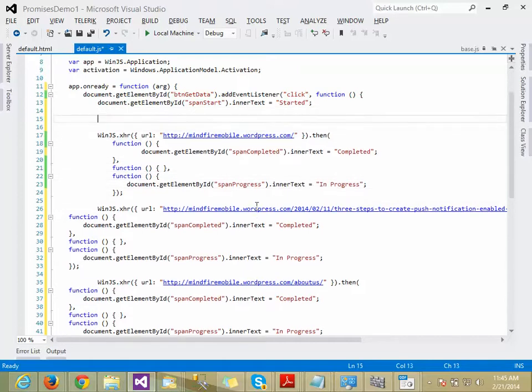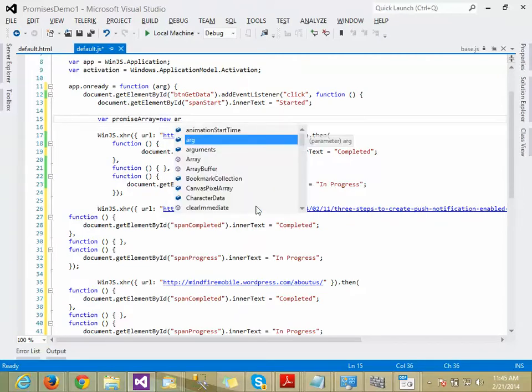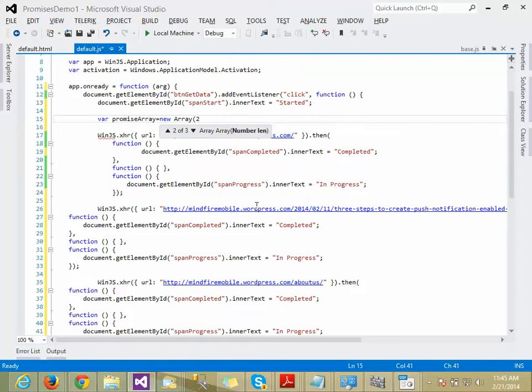What I need to do is create an array. Say promise array, an array with 3 elements. In the first element, I want to store the first promise results.